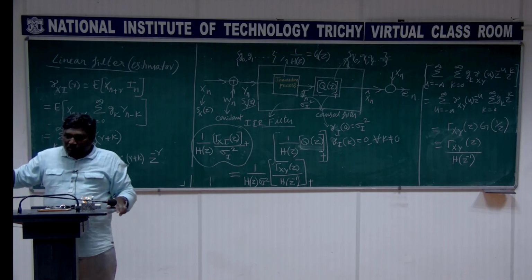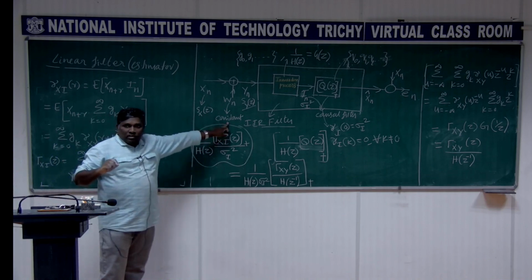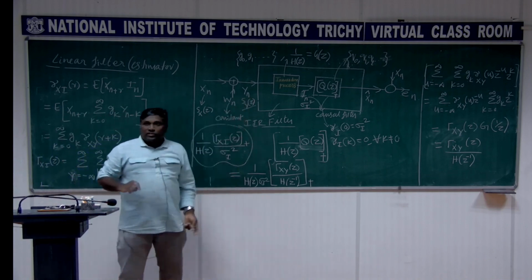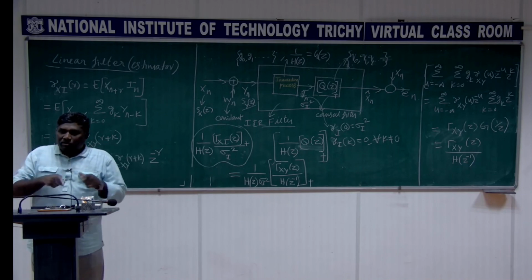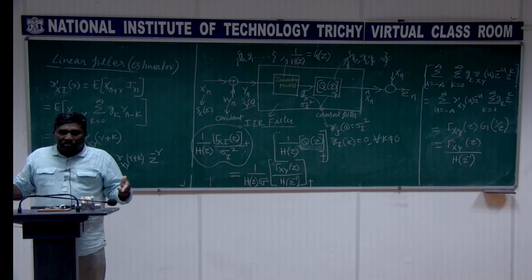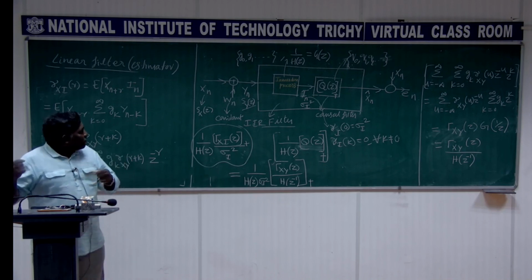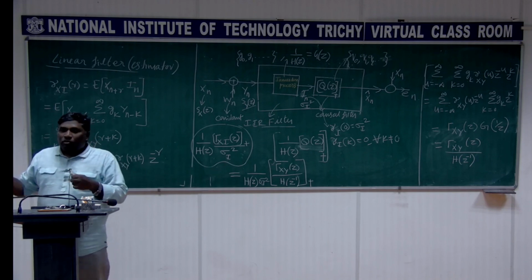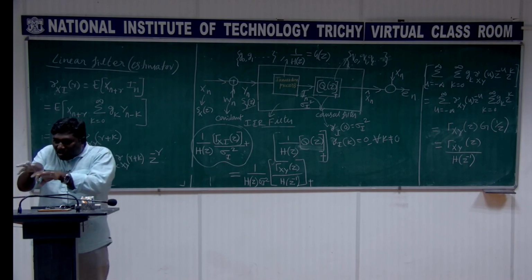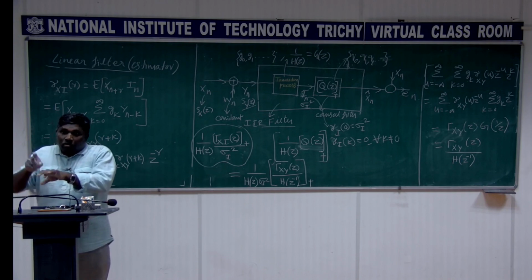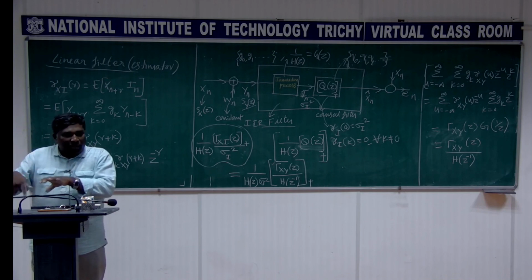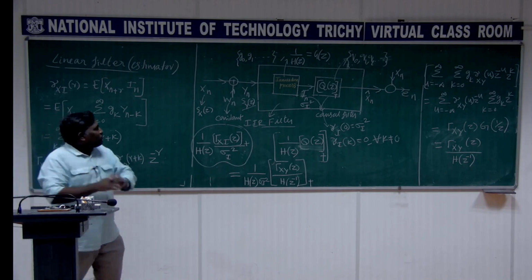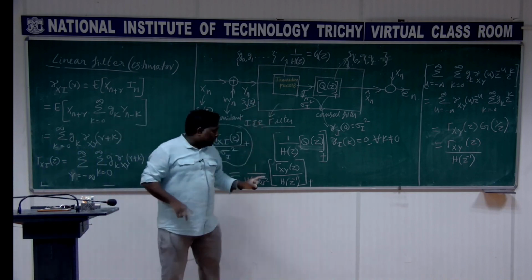Once you know this Sx of Z, that is simply added with sigma W square to get Sy of Z. Once you know Sy of Z, I can again do spectral factorization, representing it as sigma I square into H of z into H of 1 by z. Then I take that H of z part alone such that 1 by H of z is stable, not H of z, right? 1 by H of z is stable and causal, and that one I take as the first block. H of z is known now.